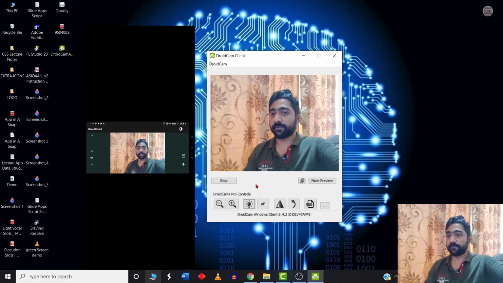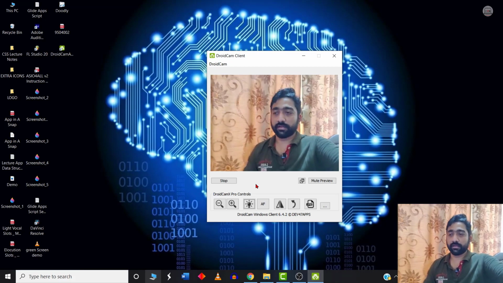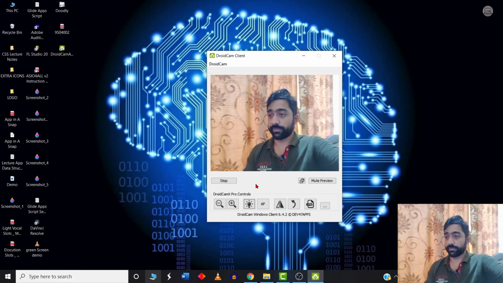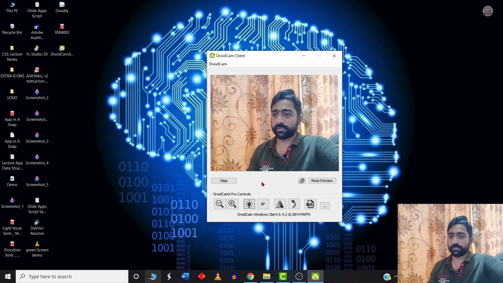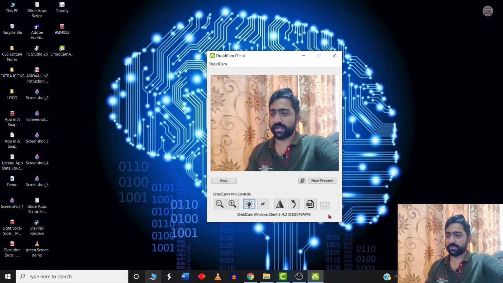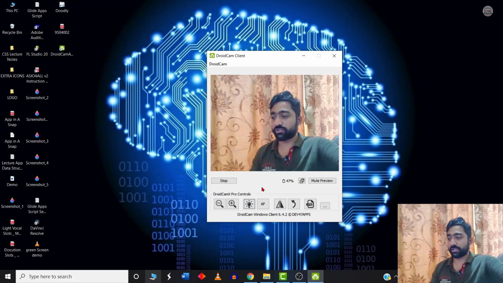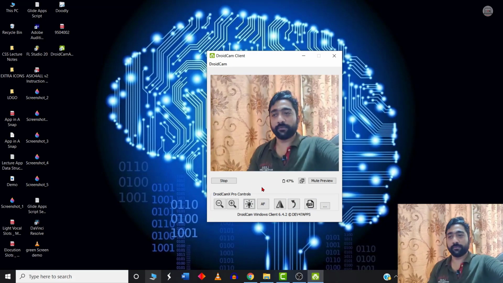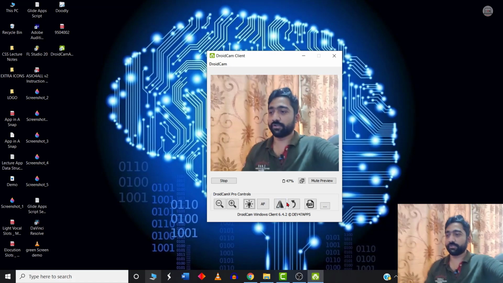So if you have a full-time use of this webcam application, then you can actually go for the paid version also. Otherwise, the free version also has most of the features. I guess this autofocus, brightness, etc. won't be there, but the rest of the things are present. You can actually convert your mobile phone into a webcam. Based upon your functionalities, you can then go for the paid version also.